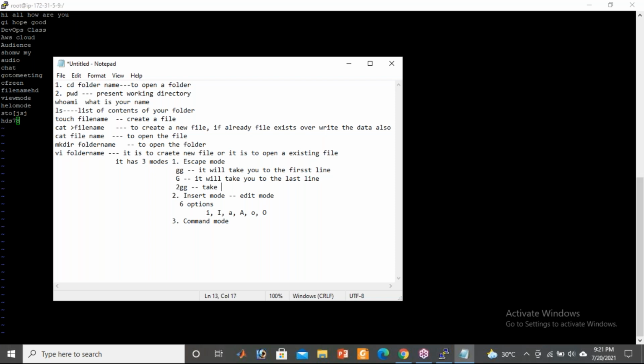Shortcuts, guys. Whatever line you want to go to, prefix that number, and your cursor will go to that particular line.